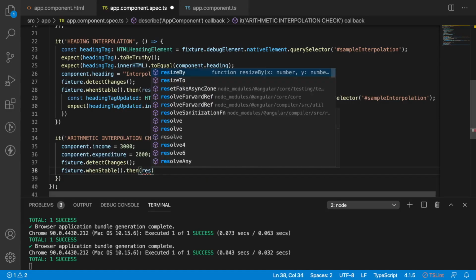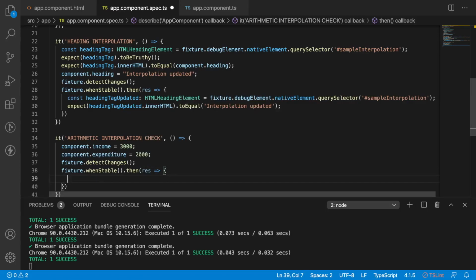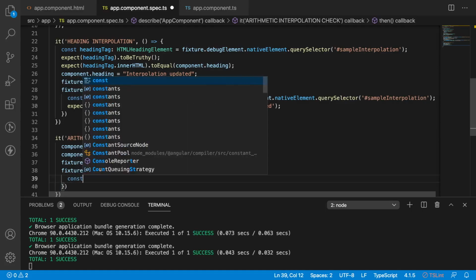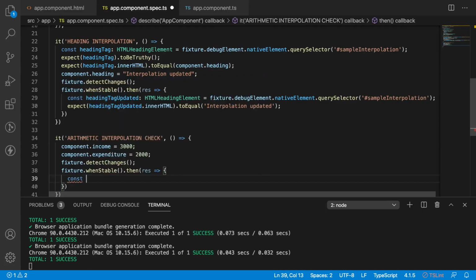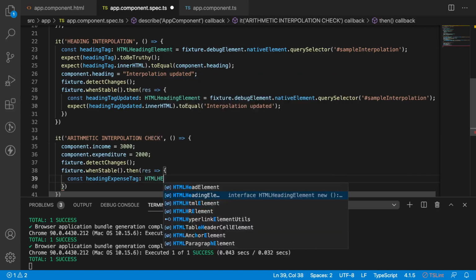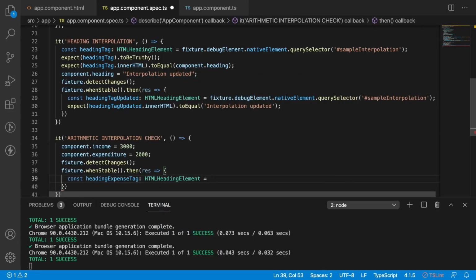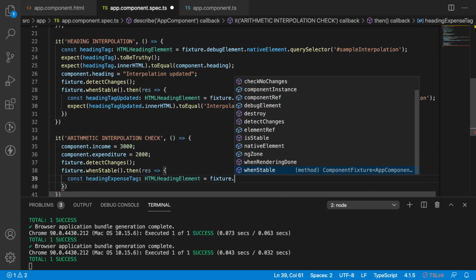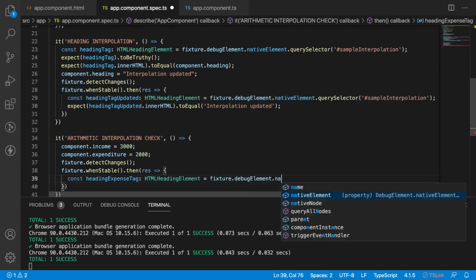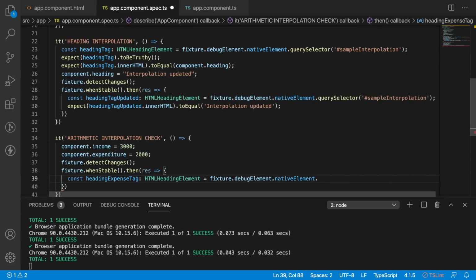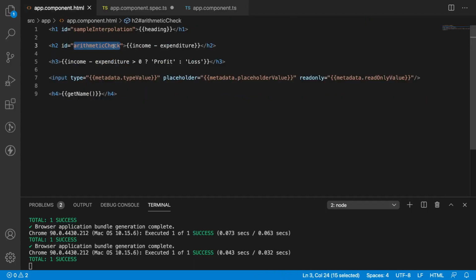So let me give something like response, and inside this, once detectChanges has been updated, we can check that particular element. Let me check heading expense tag, which is also an HTMLHeadingElement, and let's get it from fixture dot debugElement dot nativeElement dot querySelector of our ID, and my ID is arithmetic check.